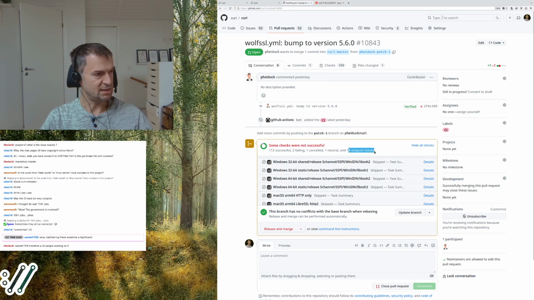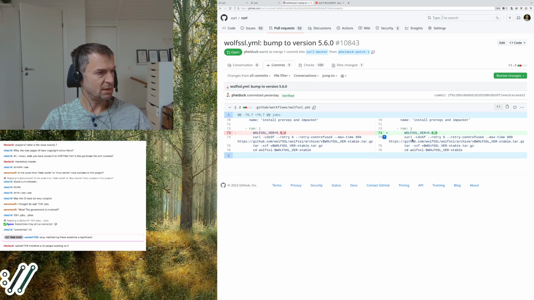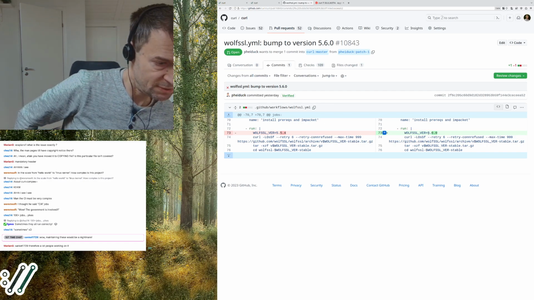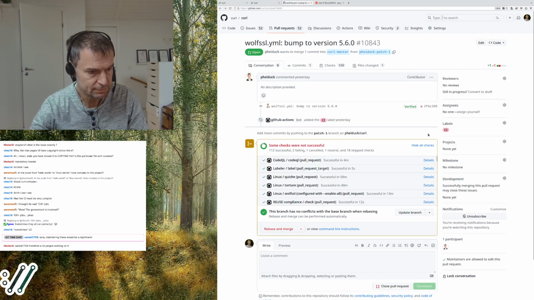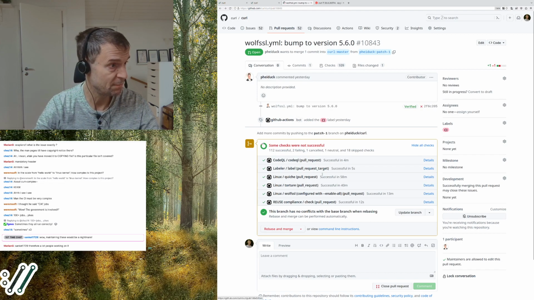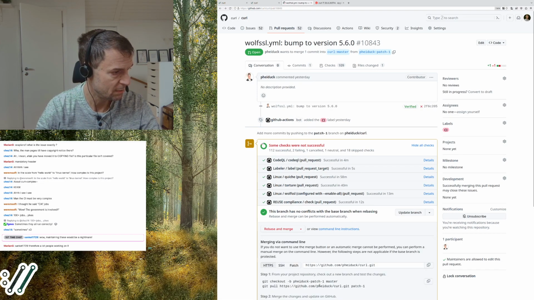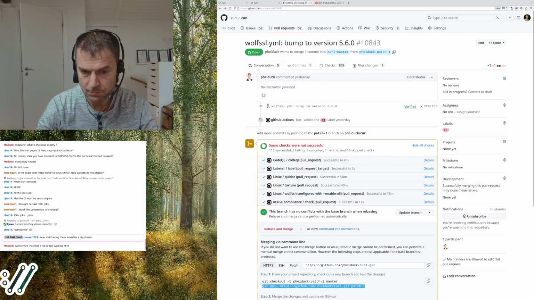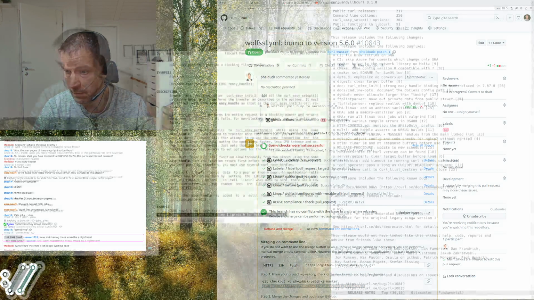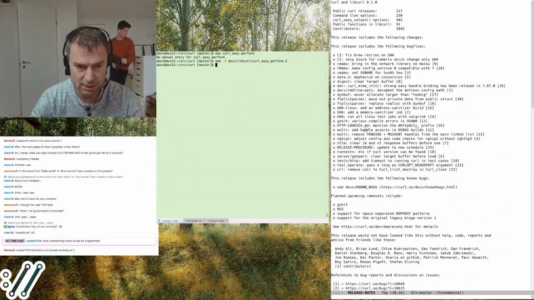That's why it's 18 skipped checks. So in this case, he has updated wolfSSL in the wolfSSL builds, and now it builds with a more recent version. So we can merge that.